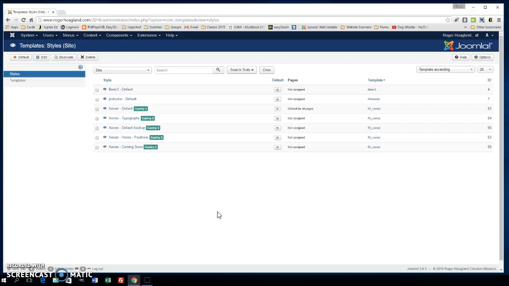Alright, this is the Joomla website, and I went to Extensions, Templates, Styles to get to the page that we're on right now. And you're going to notice there's several templates called Xenon. There's the default, typography, backup, home, coming soon, and so on. At this point, you can see this is the only template used. Okay, the default is the only one we use. So I'm going to click on that